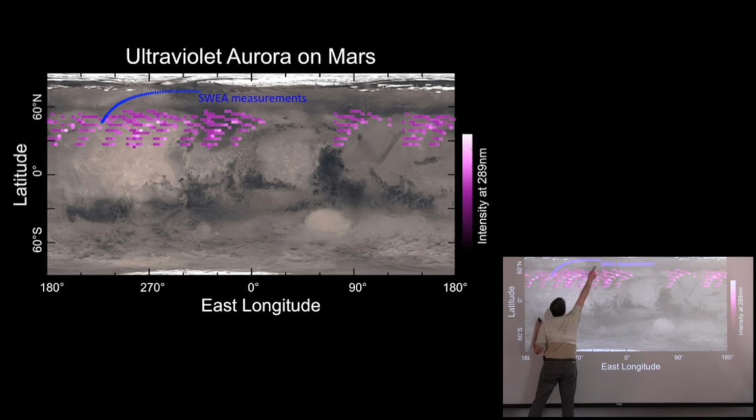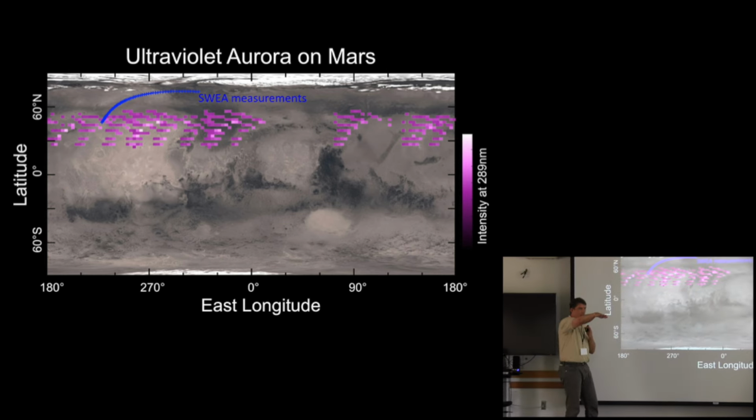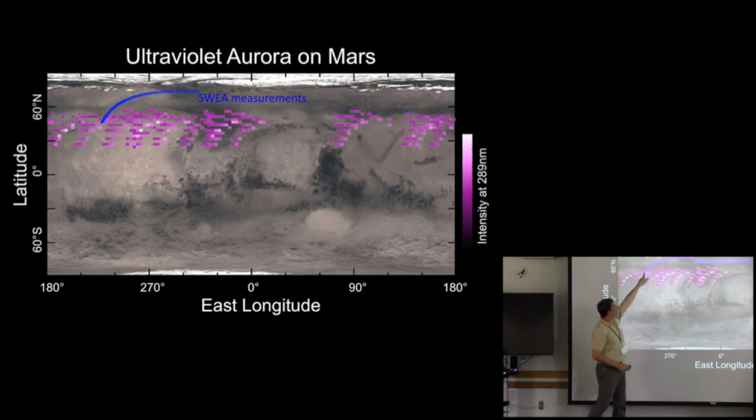So this observation was made right along here, this stretch of time here. And so you can see that there is some overlap with the IUVS measurements, but because IUVS is doing a limb scan, looking along the limb to make its measurements of the aurora, and SWIA is making its measurements in situ, they don't exactly line up perfectly. But you can see that the magnetic topology, both from what we expect based upon MGS observations and actual measurements of the topology during the time that the auroral observations were made, indicate that